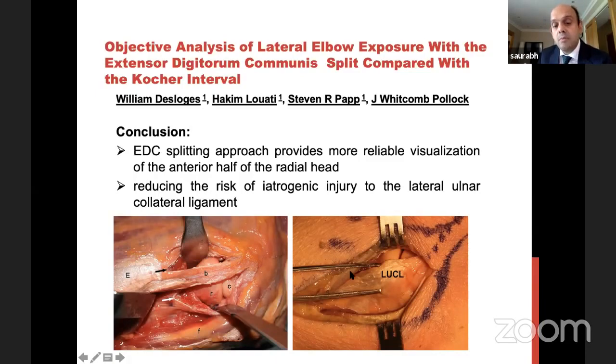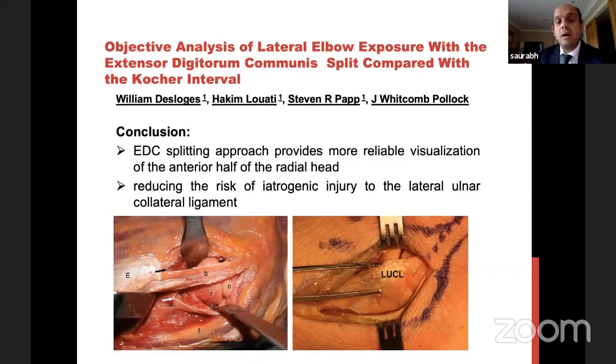And if you come to this picture now, EDC approach, anterior radial head, you can see my whole LUCL is intact. This is the reason I personally do an EDC split approach, but you can equally do your Kocher approach, but you will be going in line with the fibers of LUCL. And the reason you don't get PLRI because of this approach is because in the end, when you're stitching your muscles, you end up taking your LUCL, you stitch it up, and it just heals up. You've not disturbed this origin and insertion. You've gone through it in line with its fibers.